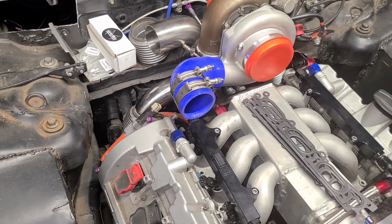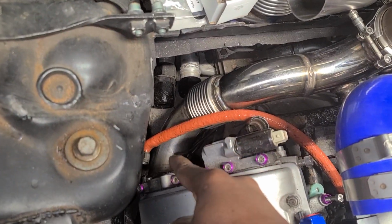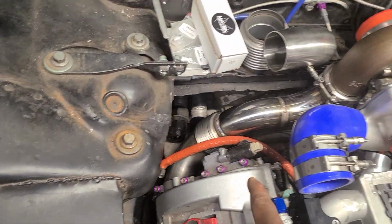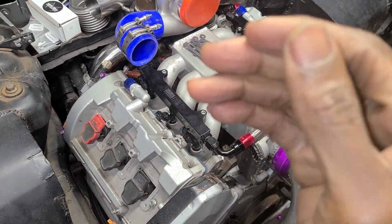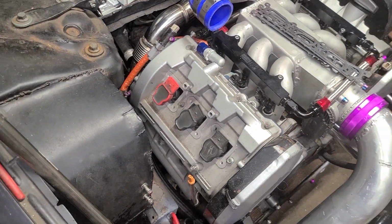I'll be running EGT on each of those pipes, one on each side. Not doing individual, but I'll do one on each side, and trying to run as many sensors as possible for basically all the outputs I have on the black. And then